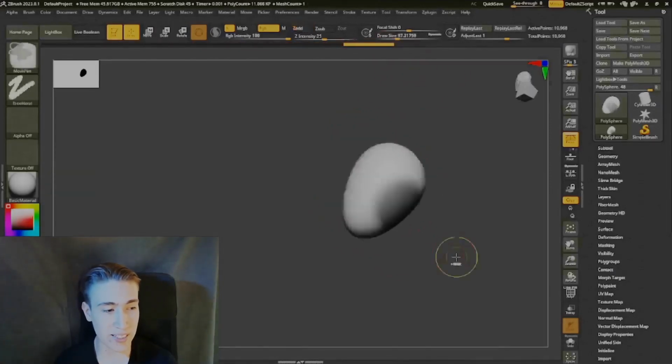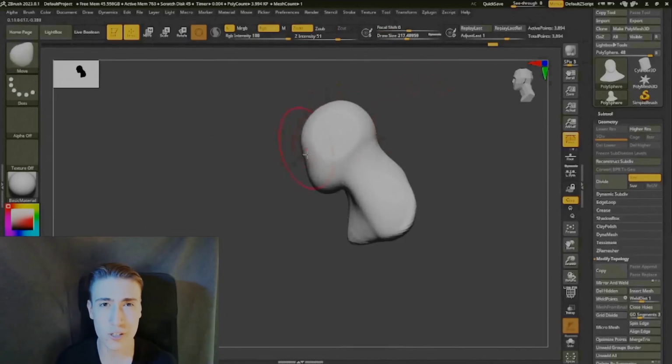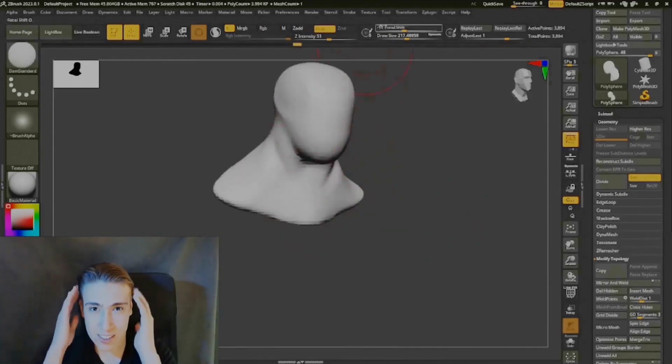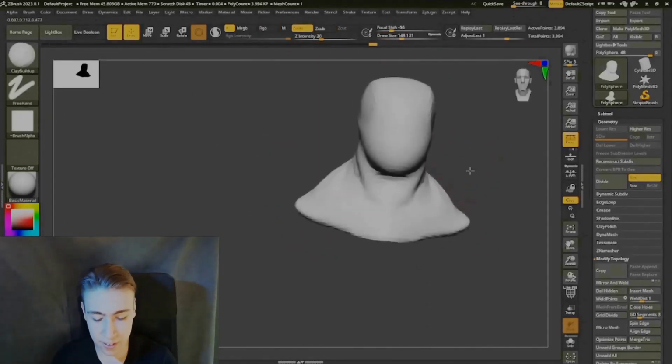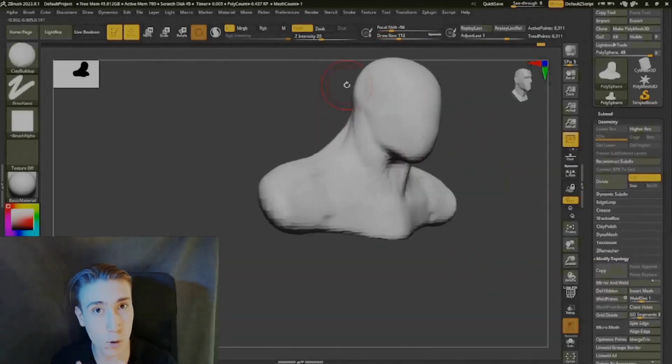We start with the basic shapes. Then I start with the overall blocking out. You can see the shoulders, the general proportion of the face, the planes on the sides. And this stage is the stage where you have all the possibility to change and explore the different shapes, where